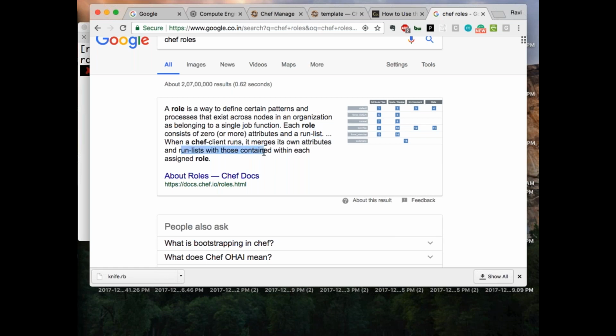So if you talked about roles on that particular PPT which we saw, I said that I can create roles like web servers, database roles, something like app server roles. Now I can group similar kinds of things into roles. So I can say that all these particular things will belong to web server. With the help of the roles concept, you can define that.